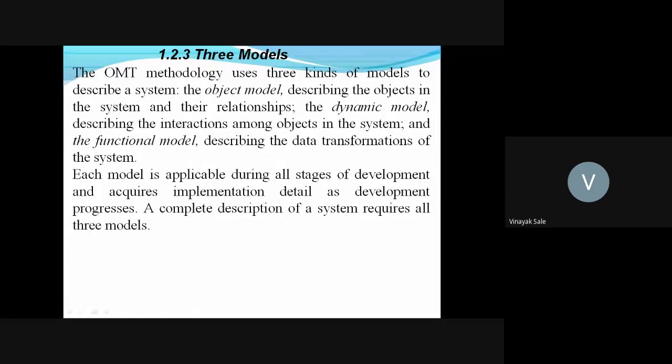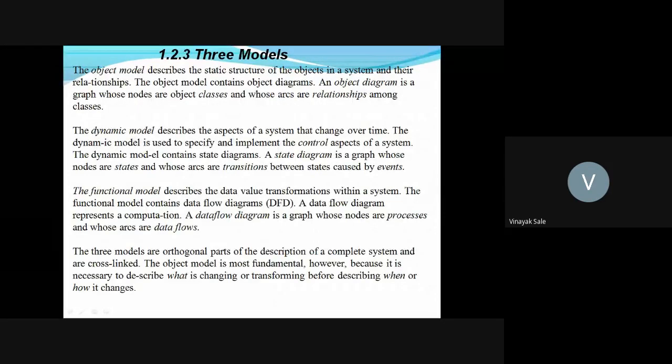The dynamic model describes interaction among the objects in the system, and the functional model describes data transformation of the system. Each model is applicable during all stages of development and acquires implementation details as development progresses. A complete description of a system requires all three models. So we'll study in detail.